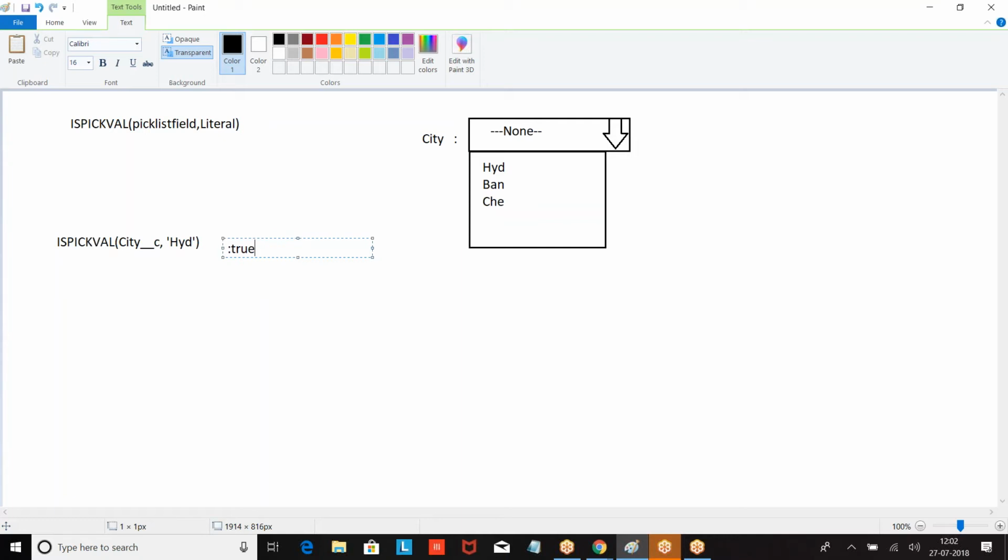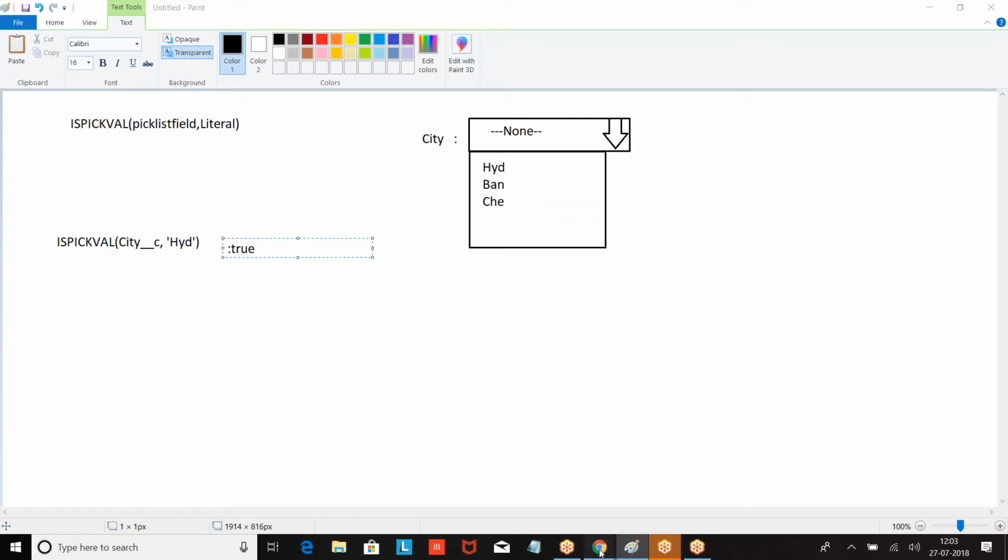In case you want to deal with multiple fields, I have chosen case. Now, if your city is Hyderabad, I want to return true. So what is that? Is pick val city Hyderabad. If city equals Hyderabad, it will give you true. Are you clear? Right?